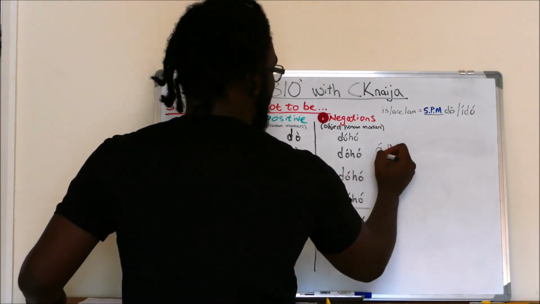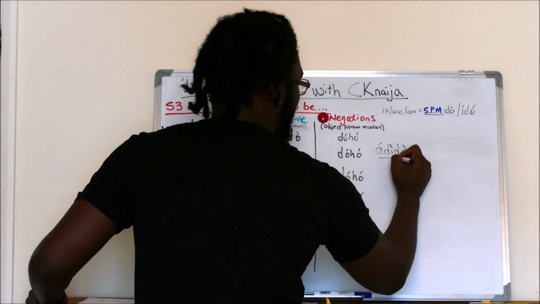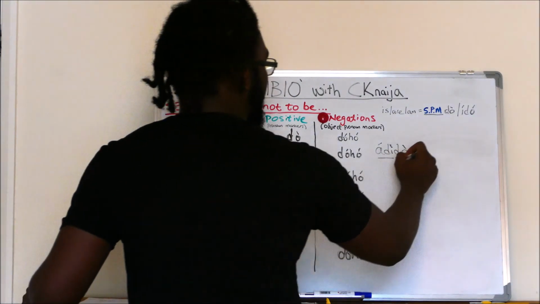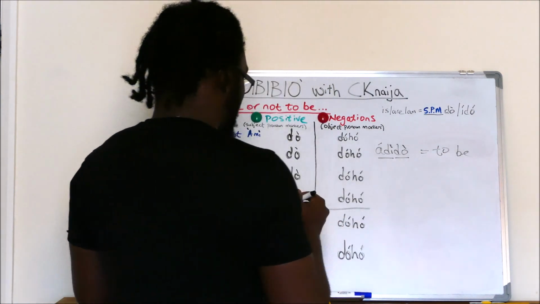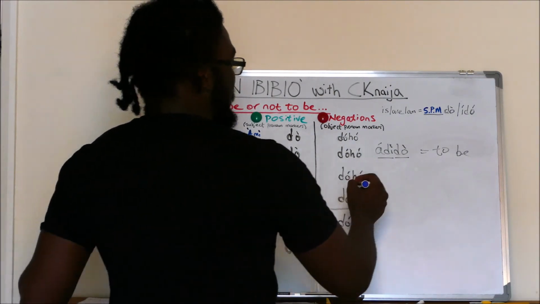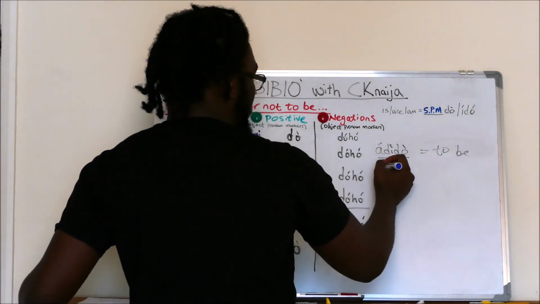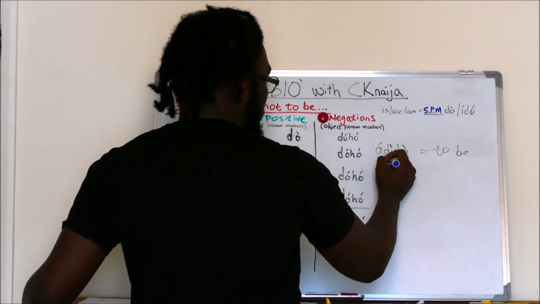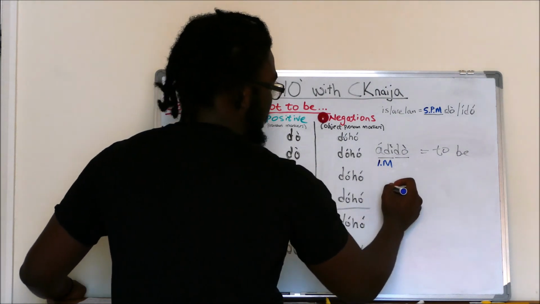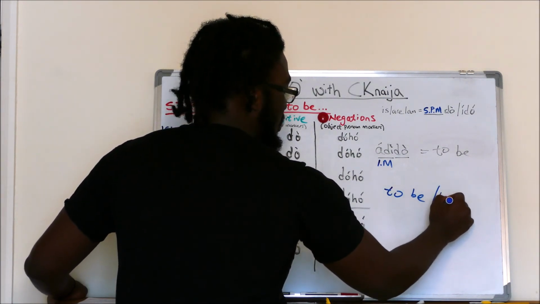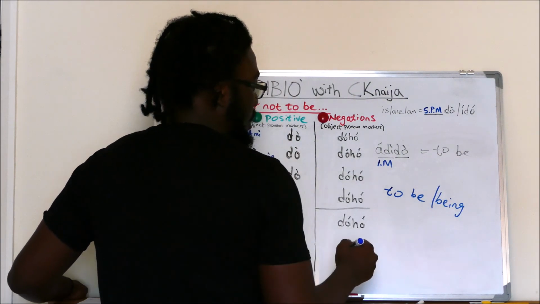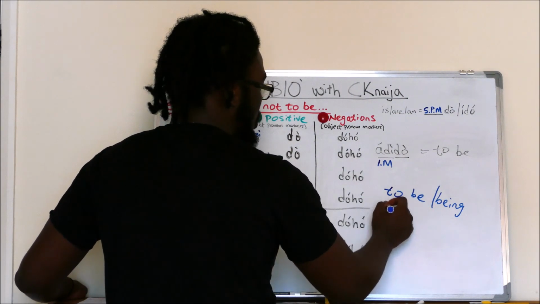So ID and do, right? And this means to be. So ID means to, right? So here it's the infinitive marker. An infinitive verb would be to be or being. Or you could say to dance